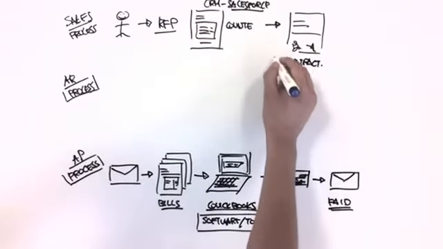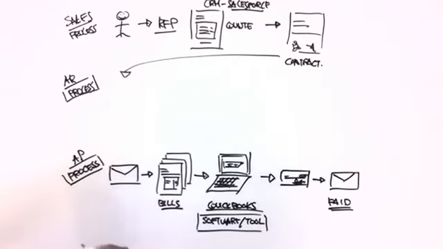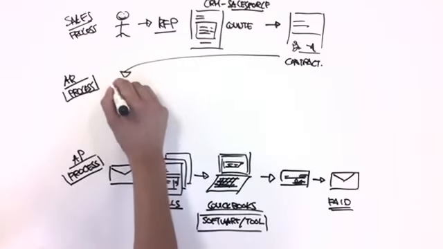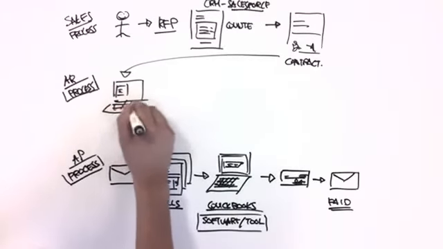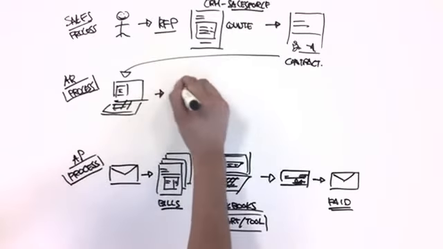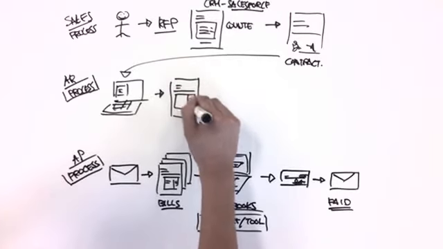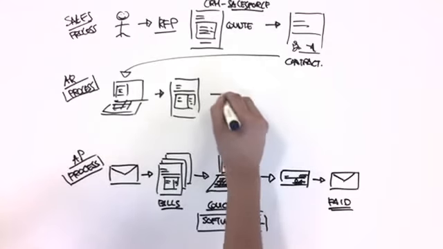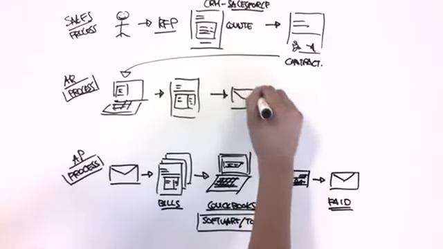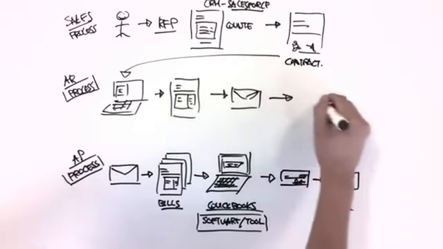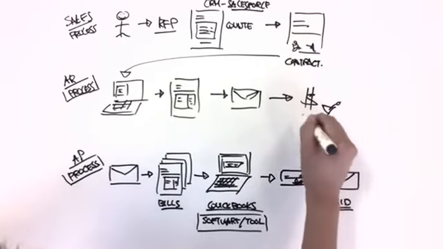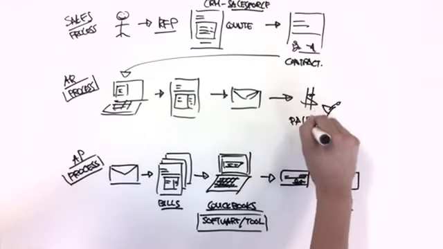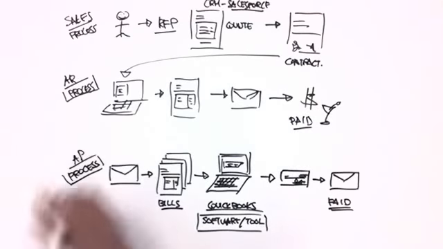And this contract will eventually be brought into the receivable process, and your accounting team, again in their accounting system, will generate invoices to be sent to the customer so we can collect what is owed to us. And we mail those out, and eventually we receive our money. Yay, we're happy. So we go out, grab a drink because we got paid. So if you look at this, these are really three